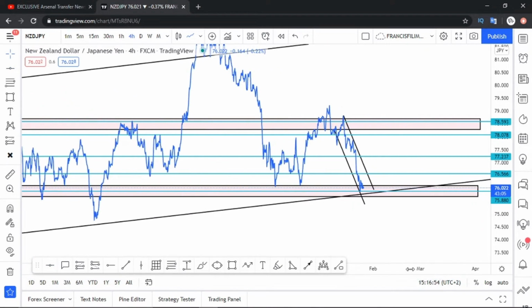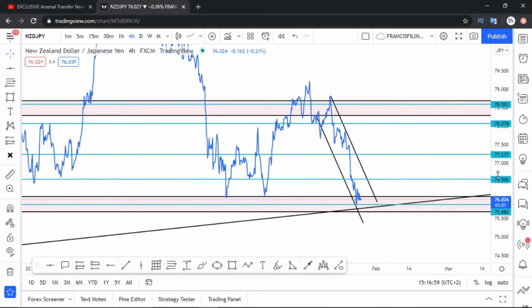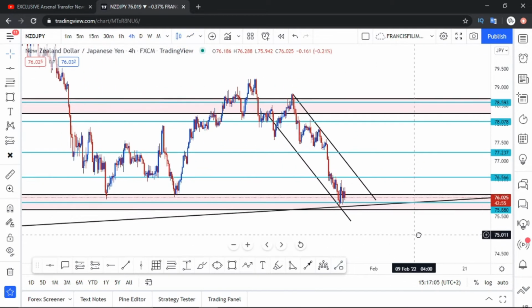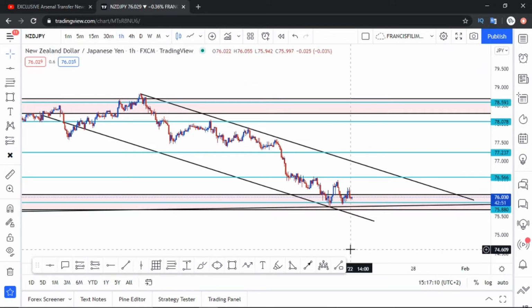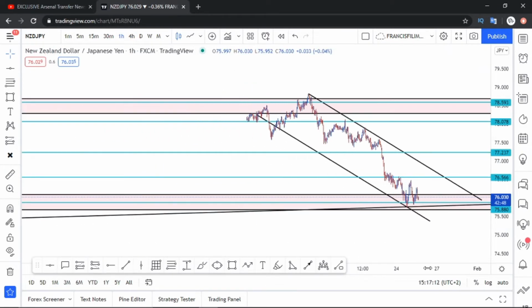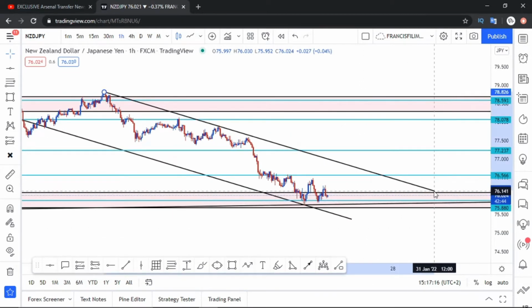So you don't want to put too many lines on your chart, as you want it to be as clear as possible and easy to read. So I'll now go back to candlesticks, and then I'll move down to the 1 hour where I'll look for my entries, what's going to confirm my entries, guys. So as you can see on the 1 hour, price is still in this range right here,